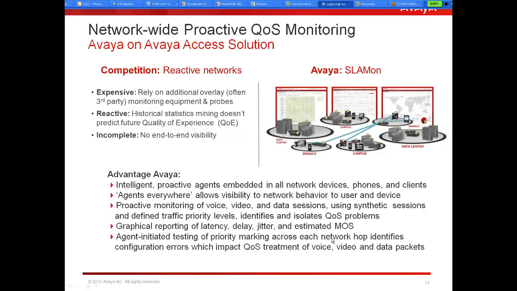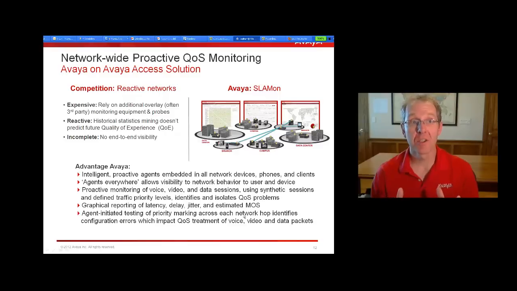Now, here's how I would present this slide. Many organizations struggle to monitor real-time communications on a real-time basis. Avaya's Service Level Agreement Monitor, or SLA-Mon for short, is a proactive tool that can monitor customer networks to detect problems before the applications are affected. It simulates traffic for VoIP calls, video sessions, and data traffic in a network and collects performance data for these applications to detect degradation before it affects the performance of Avaya voice applications, video conferencing, and other network applications and